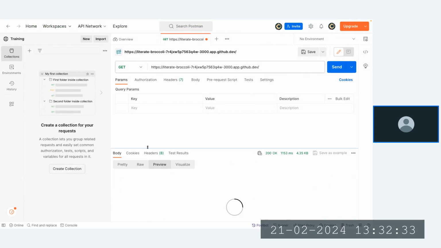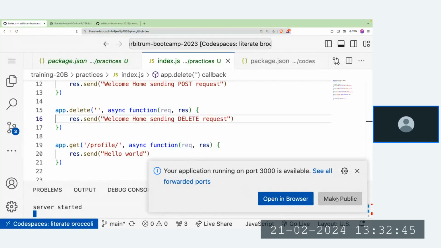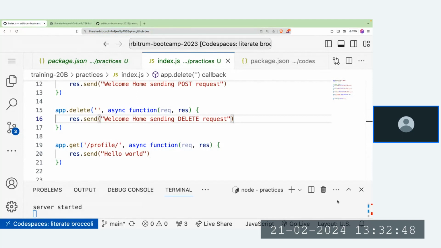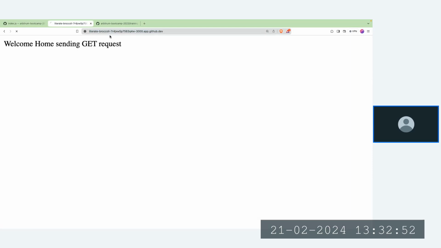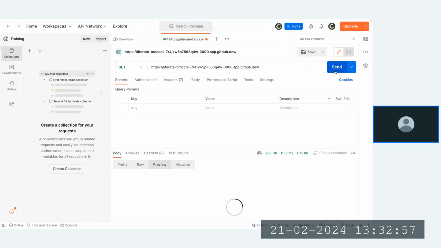It should not work because the way I set up my GitHub Codespace, I set it up to private. I want to make it public now. Let me go and do that. So what I will do now is I will come here and make it public. Do you see? So that's the only time it can now be public. Okay, let's try to send it again. You see now it is working because it's now public. If I don't set that as public, I'll be the only one to access this